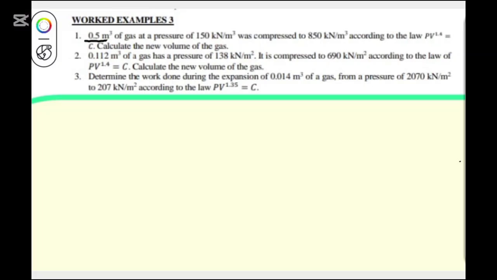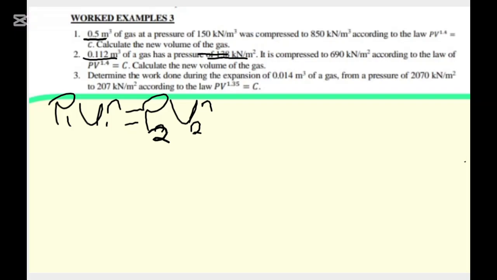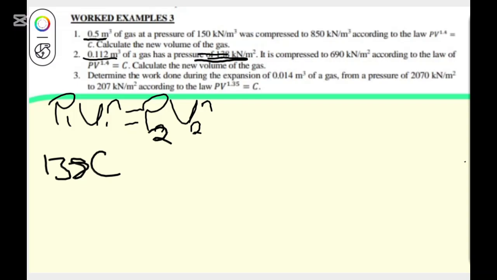So this is the first pressure, which is 138. It is compressed to 690 kilonewton per meter square, according to the law PV to the power of 1.4 is equal to C. So we have to calculate the new volume. The same procedure, P1 V1 raised to the power of n is the same thing as P2 V2 raised to the power of n. So the value of P1 is 138, multiplied by the value of V1, which is